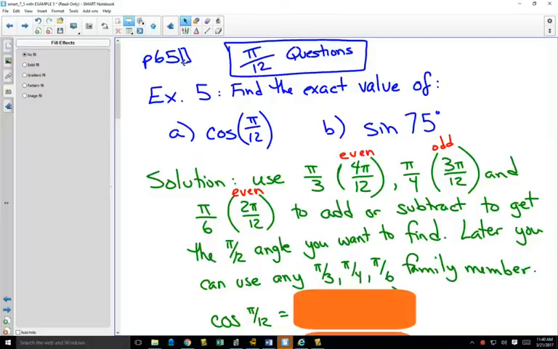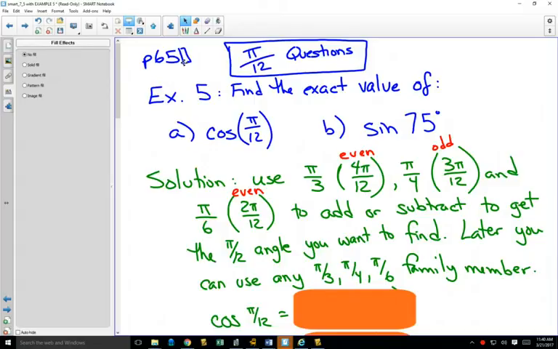So our pi over 12 questions fill in the part of our unit circle that we don't know. And the way that we figure them out, so we'll start off with cos of pi over 12, is we use the values that we know from our pi plate. Like we know what pi over 3, pi over 4, and pi over 6 are. We know all of those. And if we can add or subtract them to get a new angle, we can figure that out using our